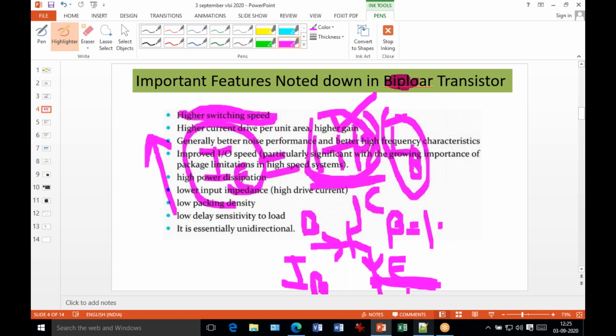If this IE current is very high, your output is going in a very fast way, like this. The speed of the switching is going to be very high. So that is an important feature in a bipolar junction transistor. This is not the case in CMOS. In CMOS, the current is the same, whatever the input current, the output current is the same. But here, our emitter current is